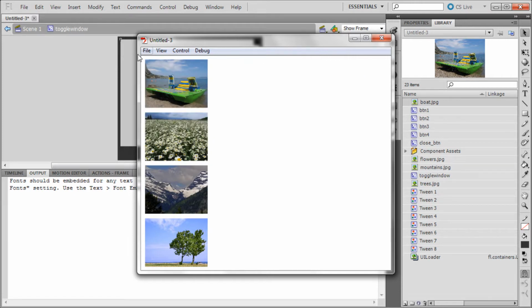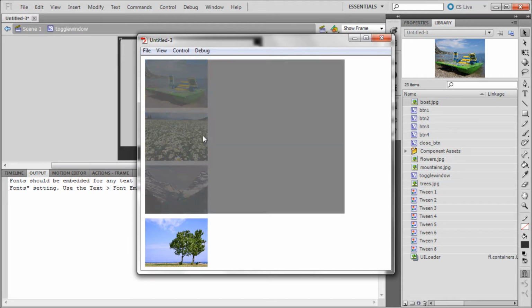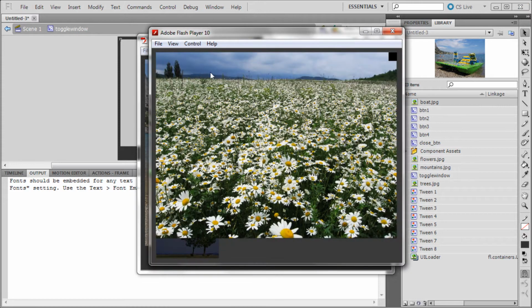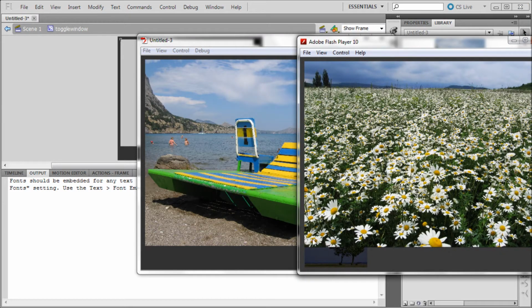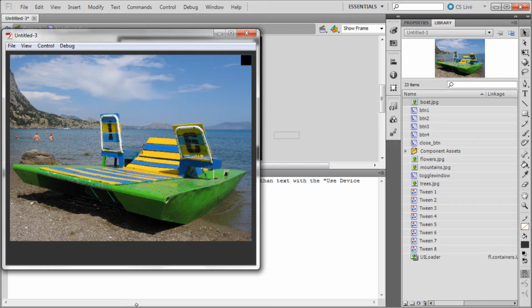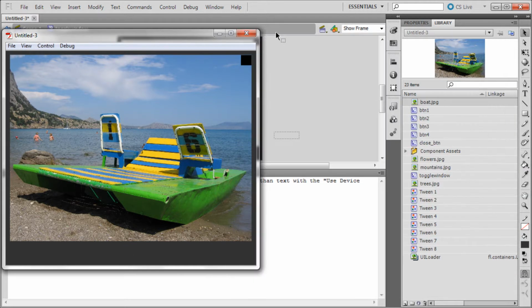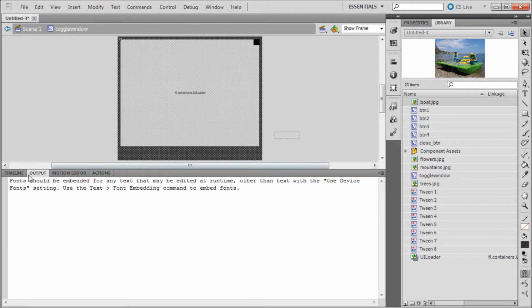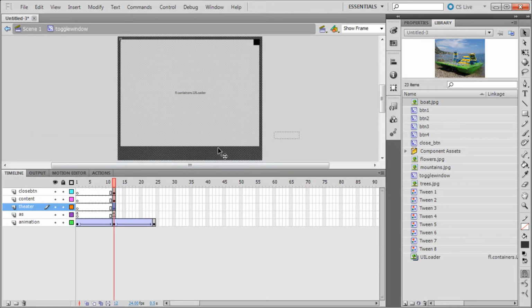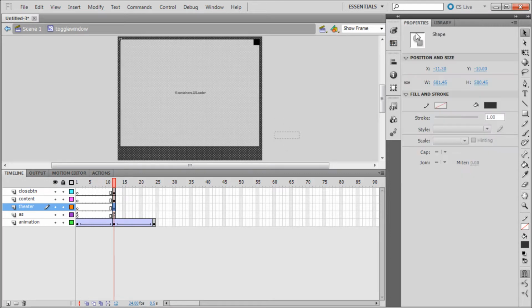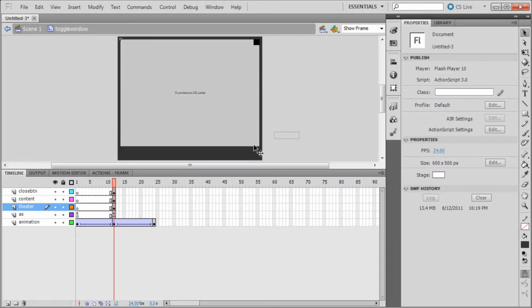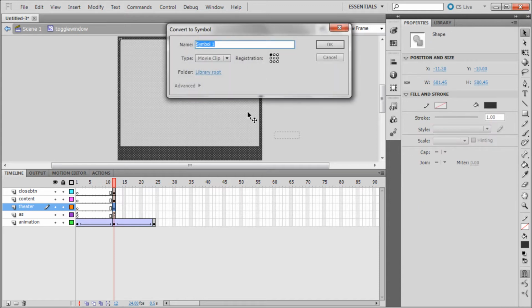That's pretty cool. One thing I forgot while I'm looking at the theater mode, you can see here's my original. Here you can kind of see the images in the background. If you want it to be like this, then just leave it like that. But if you want it to be kind of opaque there, what you'll need to do is go back to the timeline, click on the theater mode, click on your rectangle there. Make sure you have just the rectangle selected. Go over to the properties, and like we did before, you can add a style. It seems to not want me to add a style right now. You might have to hit F8 and turn it into a movie clip